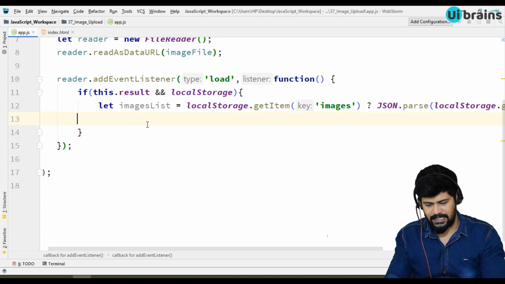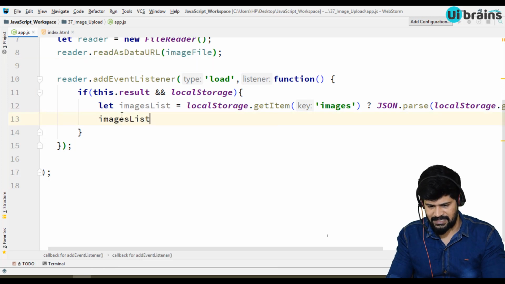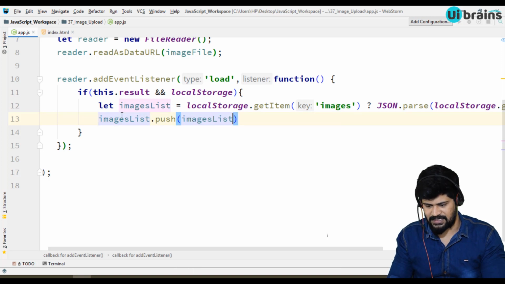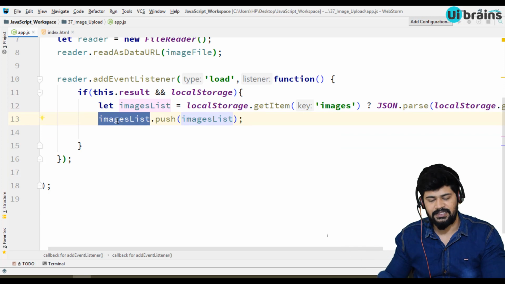Now let me add the result to this list: imagesList.push. After that we have to push this back to the local storage.